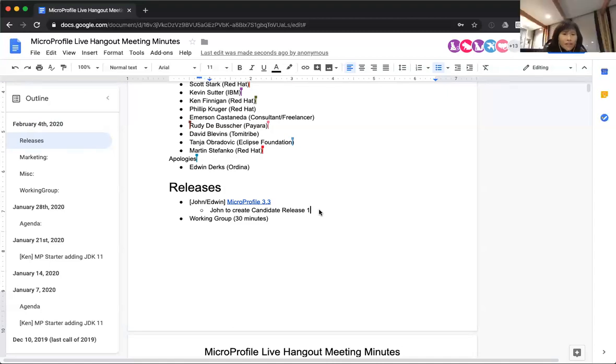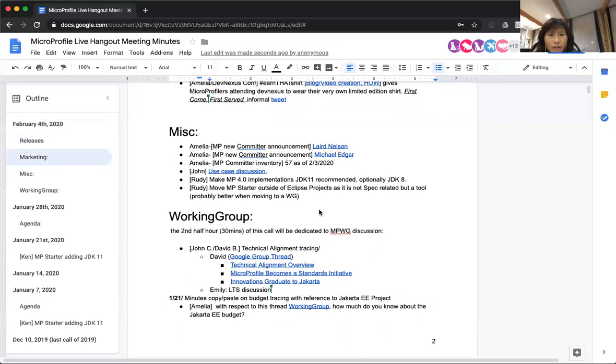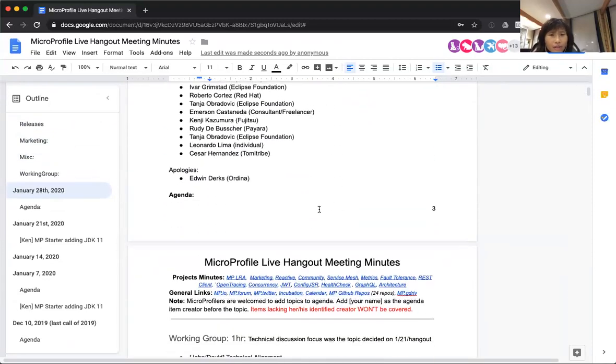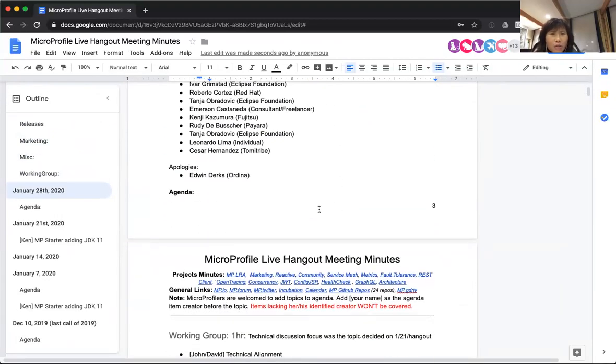Can I say something quickly about MicroProfile 3.3? So John, you are going to create the release candidate this week. Do you require the included specs to do a final release today or tomorrow? No, I've even in the past pointed to candidate releases.